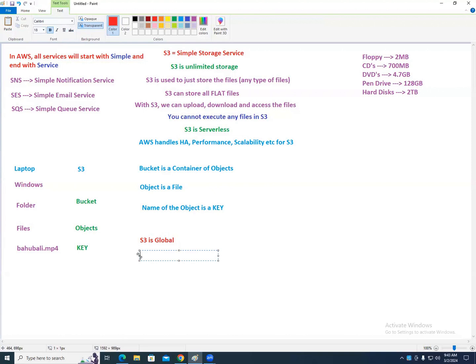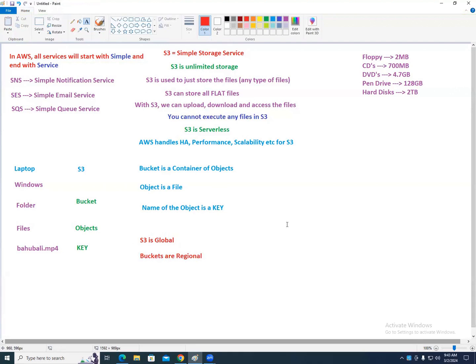S3 is global, but buckets are regional. Certification questions. You can create the buckets in Mumbai, Ireland, Hyderabad, any region, but S3 itself is completely a global service.